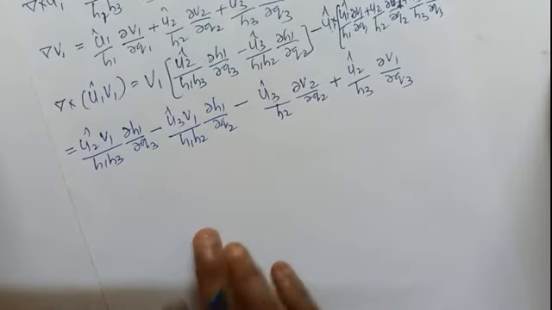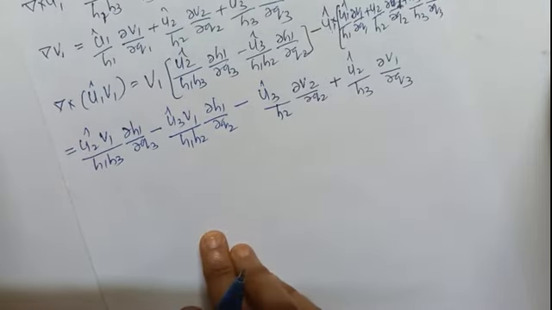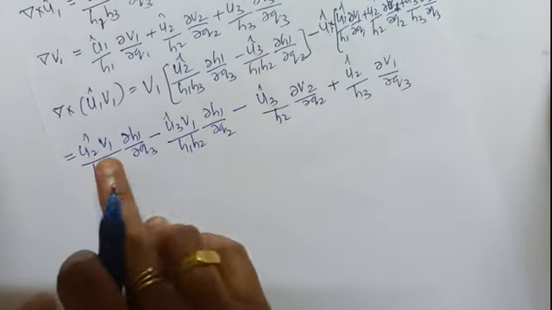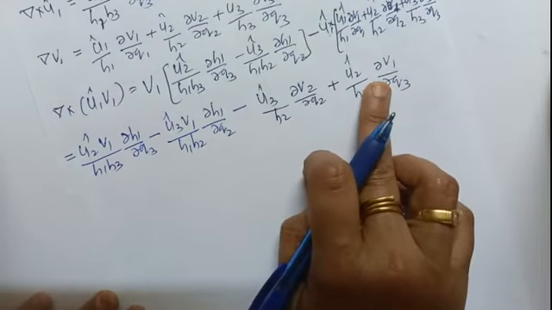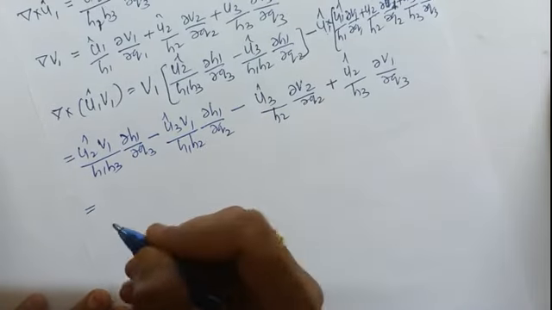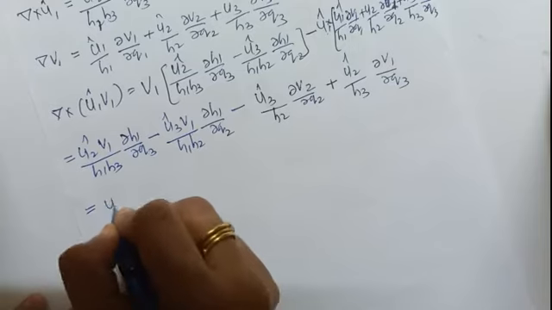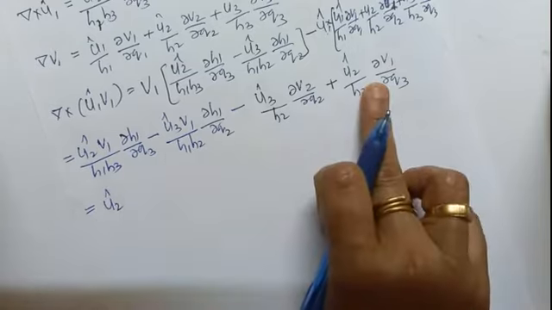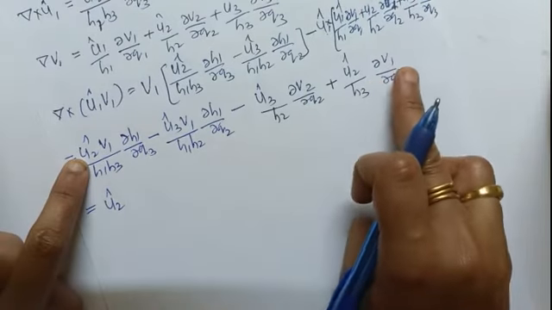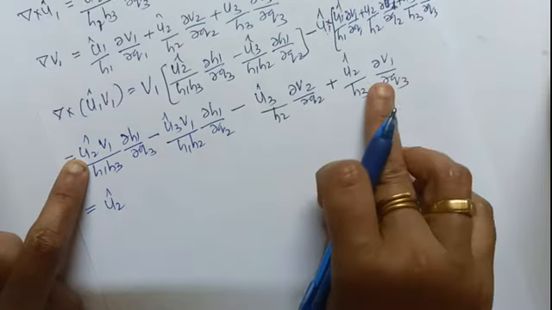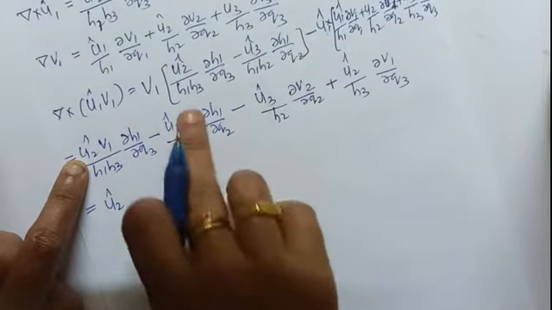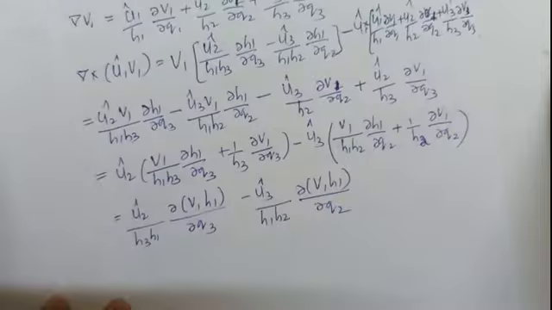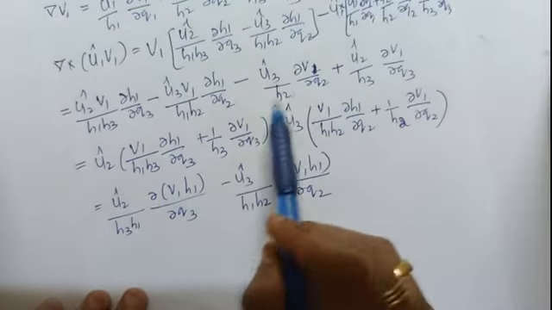Okay. So now we are having these four terms, which we can simplify and write again. See, u2 we can take as common. The first and the last term have u2, with h1 h3, and the second and the fourth terms we can rearrange and write. So we have just rearranged the terms.